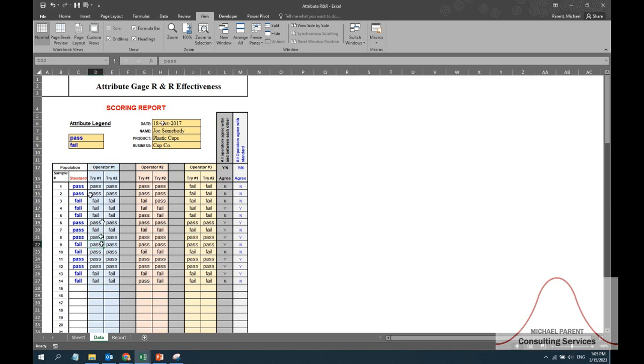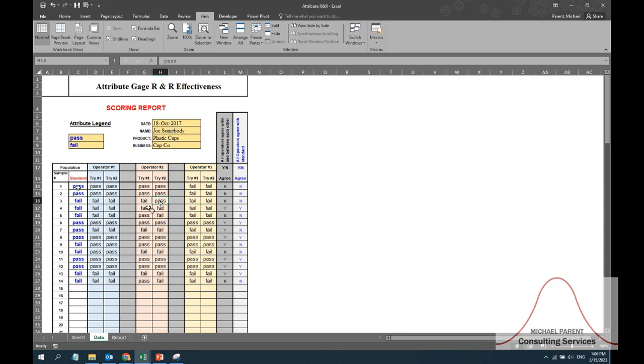Now, how does operator 1 conform to this? And again, we're running separate trials to show conformity between the operators, between operator 1, 2, and 3 and the standard, as well as within the operator. Does operator 1 always fail number 3, or do they pass it sometimes, like operator number 2 did? Failed it once, but passed it the second time. That's going to show us that there's variation in the process that needs to be removed, or at least it's suspect, because it's going to increase the measurement variation and reduce our total confidence in making a good business decision.